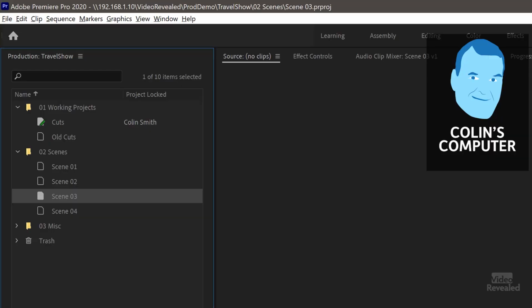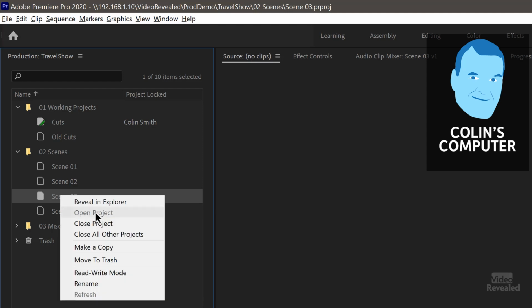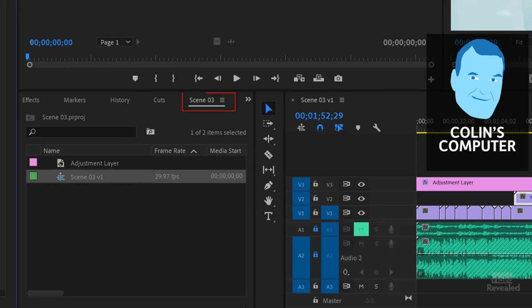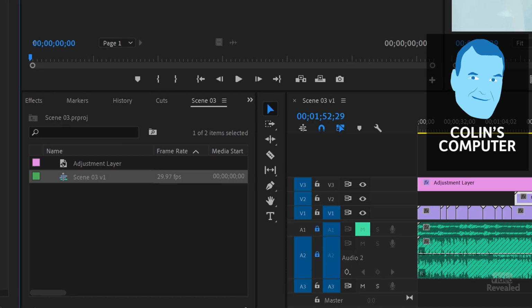So if I wanted to now make changes to this, because you can see it's still locked, now I can right click and choose read write mode. The lock goes away and the green pencil shows up. So now I'm able to edit this. And as I mentioned before,